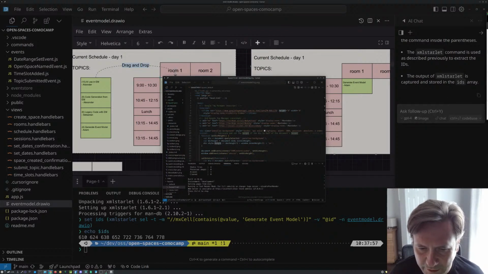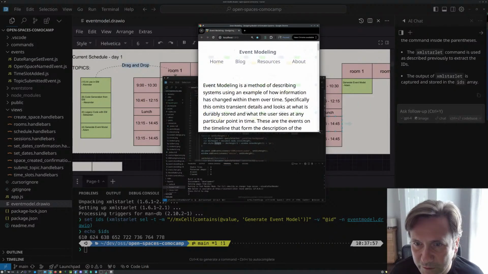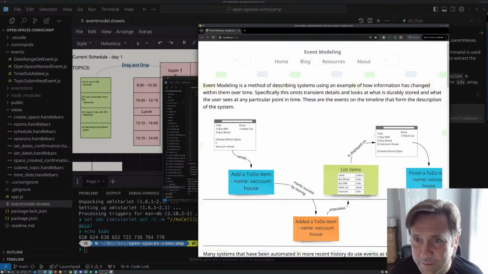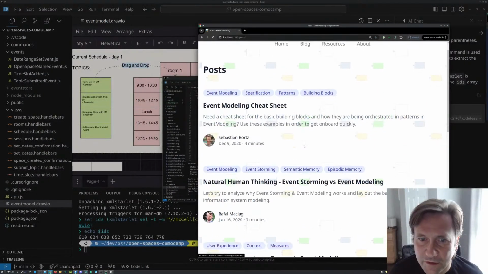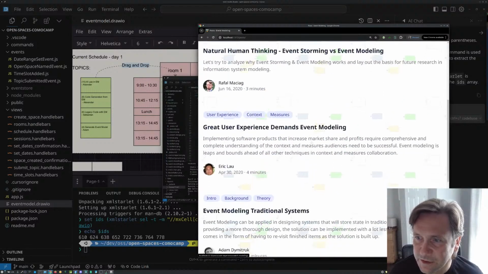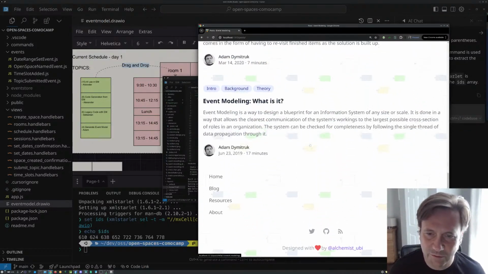I was just playing around with the background here. Let me show that. For the website, there's this parallax scrolling. You see a faint little background. You can see it better on a blog post there. As I'm scrolling, the little event model in the background that's kind of faint scrolls